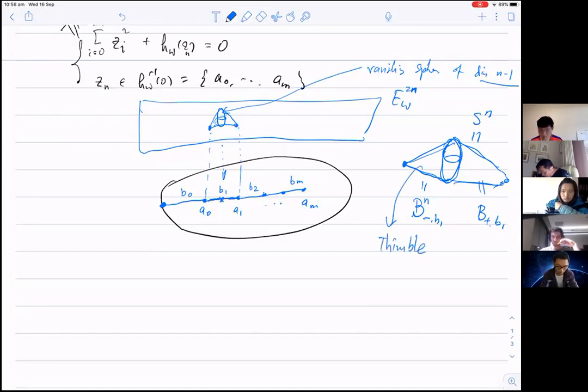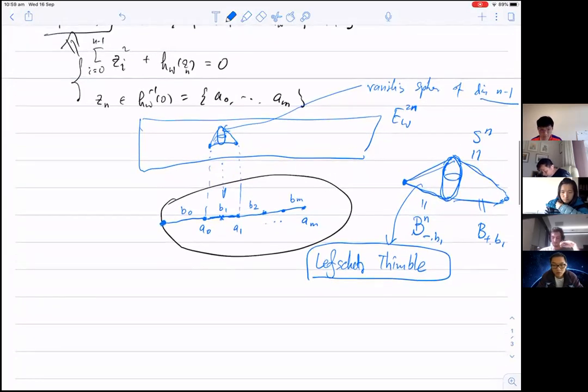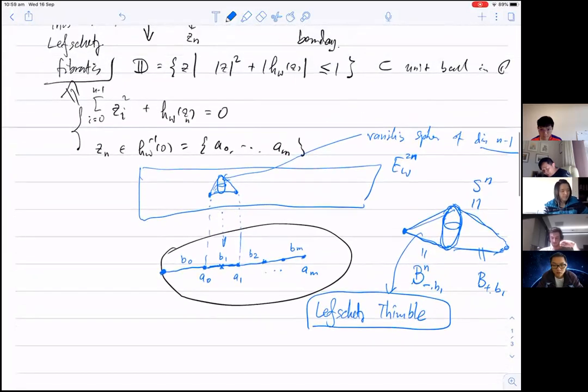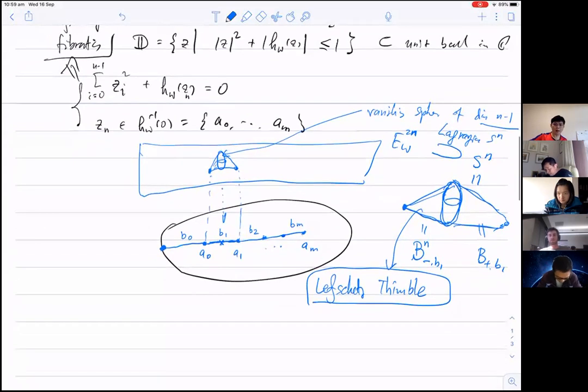symbol. In this case, a Lefschetz symbol is again the sphere. But this sphere, you can check that in this case it is real, actually Lagrangian. So this is a Lagrangian sphere, n-dimensional. Okay, so then you draw this here, and this is a sphere,